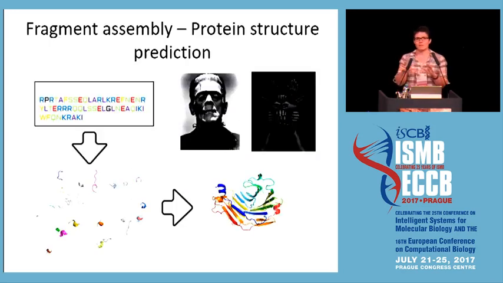Now, I'm sure most people in the audience are very familiar with fragment assembly protein structure prediction. It's been used as a common technique for quite a long time now. The basic idea is I have a sequence, and I'm going to build it from lots of pieces of known structure. So it's a bit like building a Frankenstein's monster, because what I'm going to do is rip pieces of protein structure and stick them together and hope that what I get looks like another protein, or looks like another human. The big difference between building Frankenstein's monster and building a protein is I don't know what the answer should